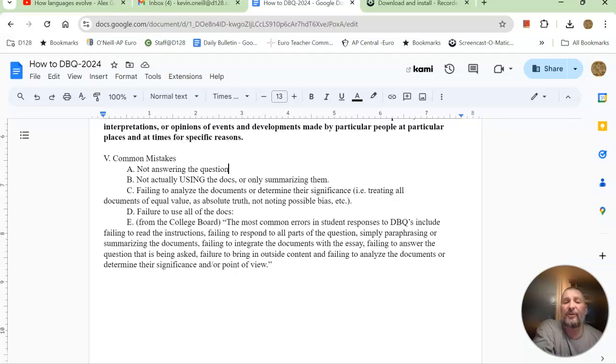Another mistake is failure to use all the docs. Use them all as much as you can. And then this last is from the College Board, and I just think this kind of ties everything together. The most common errors in student response to DBQ